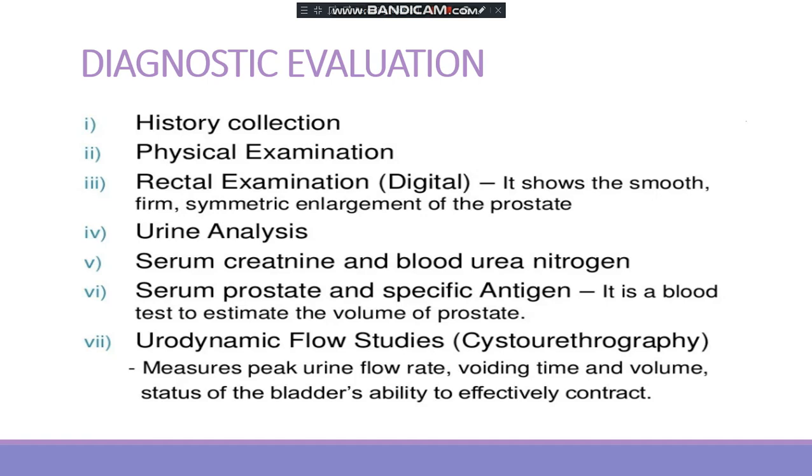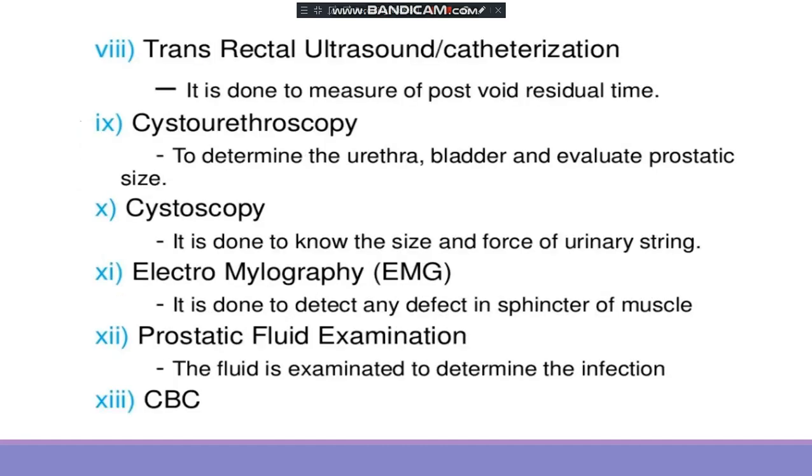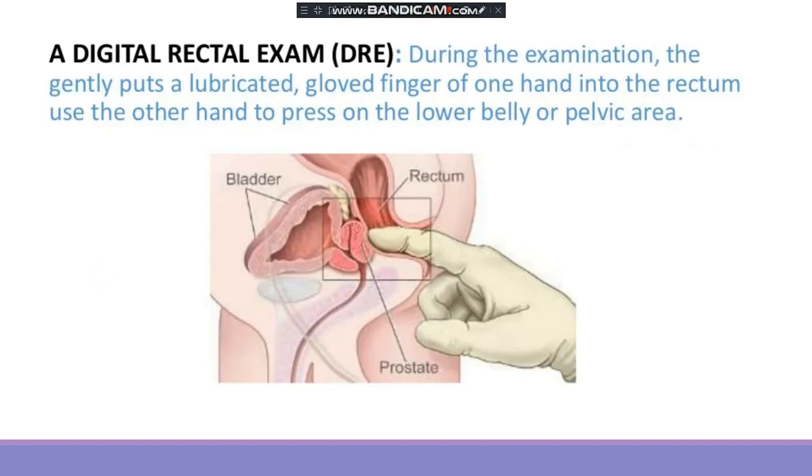That is history collection, physical examination, digital rectal examination, urine analysis, serum creatinine and blood urea nitrogen, serum prostate specific antigen, urodynamic flow studies, transrectal ultrasound or catheterization, cystourethrography, cystoscopy, electromyography, prostatic fluid examination, and CBC, complete blood count. So this is the picture showing digital rectal examination. Here, the physician will be